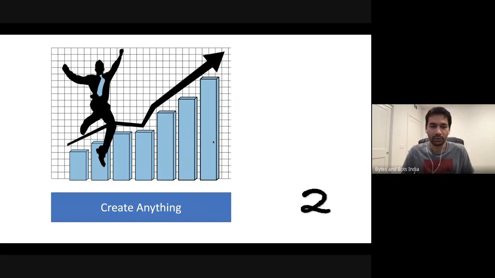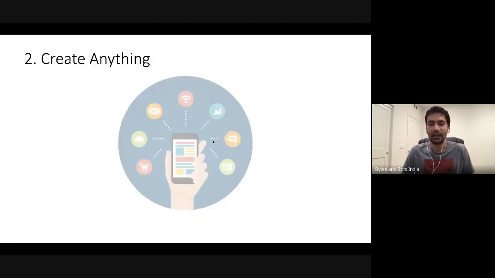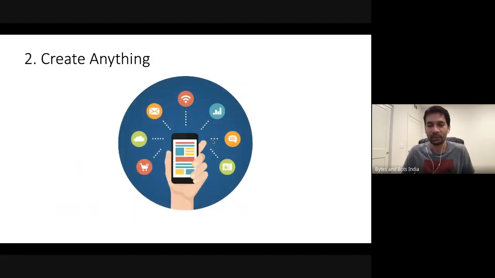Point number two, create anything. As we are surrounded by so many computing devices around us, a lot of times we try to combine these devices to work together to solve certain challenges of life. Maybe use a Raspberry Pi and sprinkler system combined together to create an automated sprinkling system, which doesn't operate when it's going to rain.